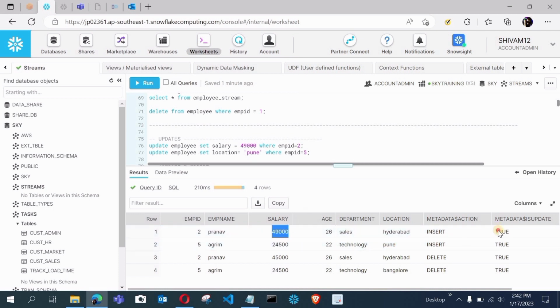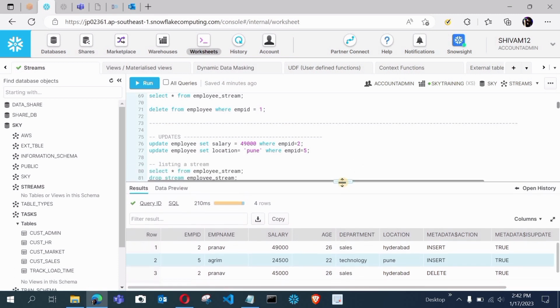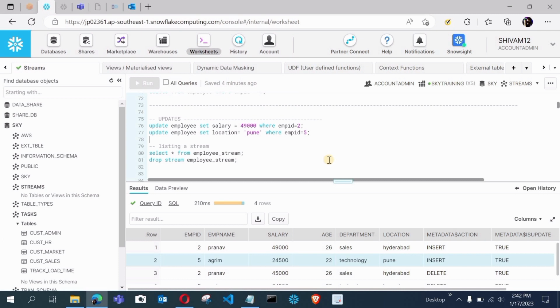And you can see the metadata is update column has the true boolean value throughout. Why? Because we are doing updation. So the metadata is update value will be true wherever updation is going on. So that's all about updation, how you can do it, and that updation is also captured by our stream.